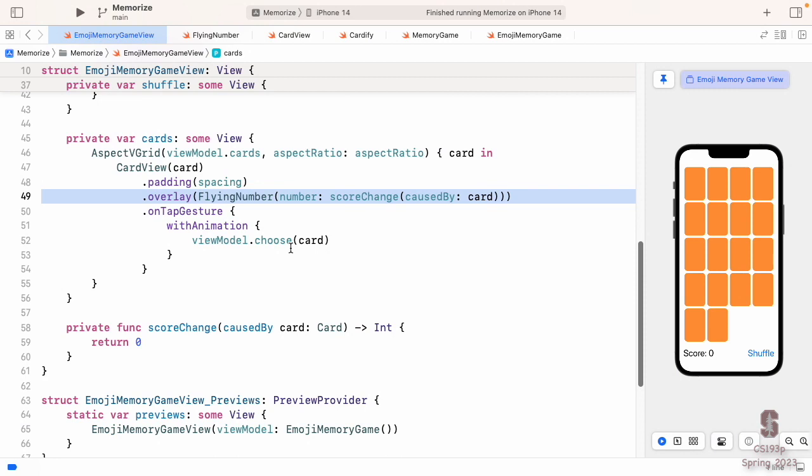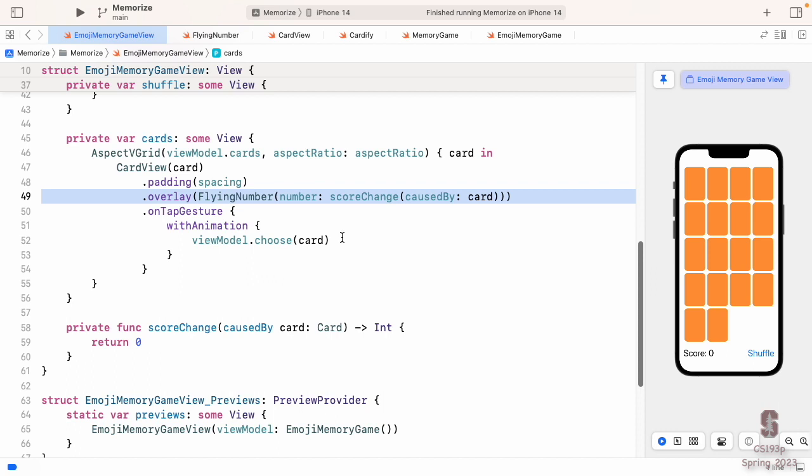All right, here's that flying number overlay that we had. And I'm going to review the last 30 seconds of the last one just to orient yourselves as to where we were. We added this flying number as an overlay because when we have a match, it's going to do +2. It's going to appear here, and then a +2 is going to come floating up, or a -1 if we have a mismatch, and it's going to go floating down. So, of course, we need an overlay of that flying number.